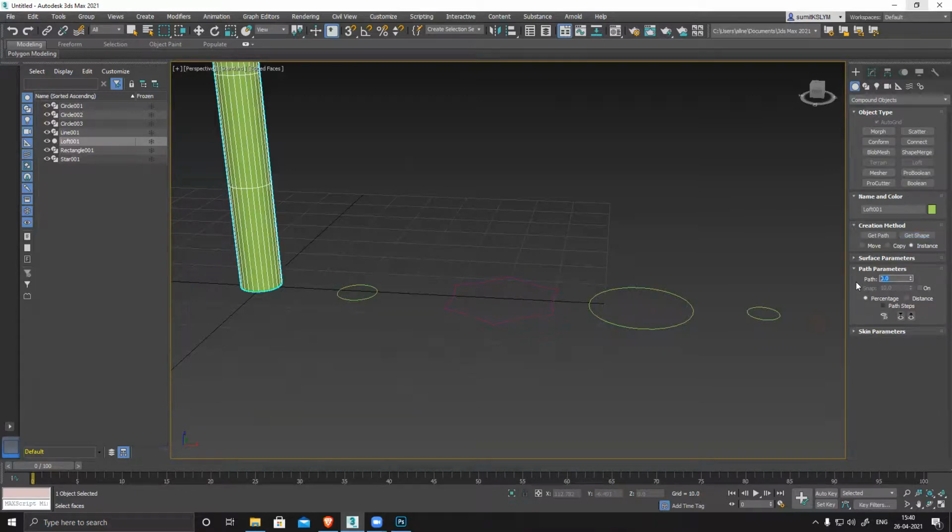Then maybe at 10, like 1/10 of this entire size, a small distance, get shape. I select this and it becomes a little smaller. Now maybe at 15 I have this star shape. Get shape.